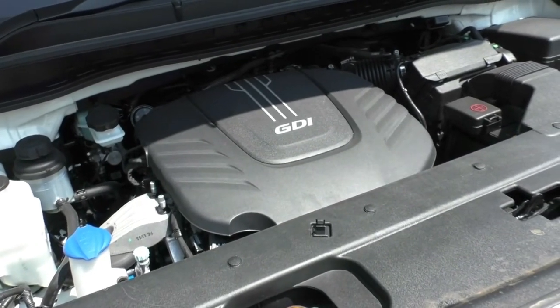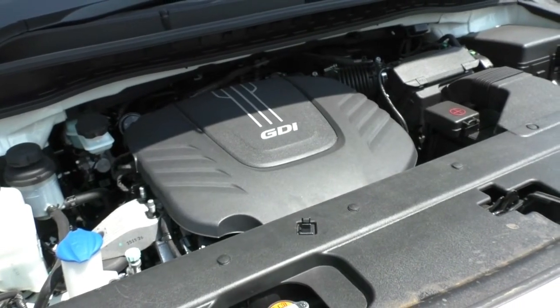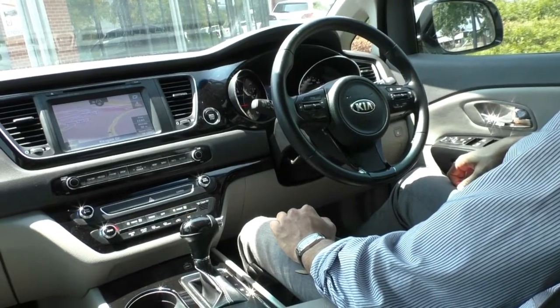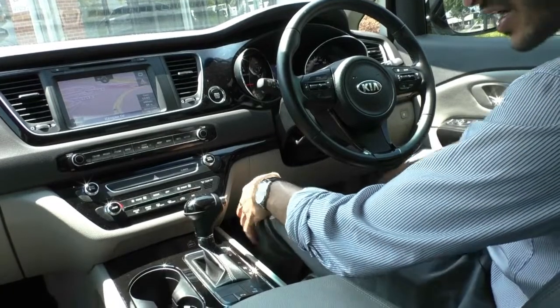It does have a combined fuel consumption of 11.6 litres per 100 kilometers with an average fuel distance of 690 kilometers off a full tank. Alright, now taking a look inside the actual Kia. Now this car, like I said in the previous video, does present in great condition, and like I said,